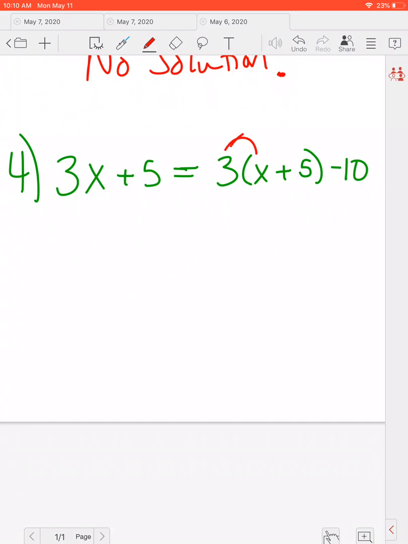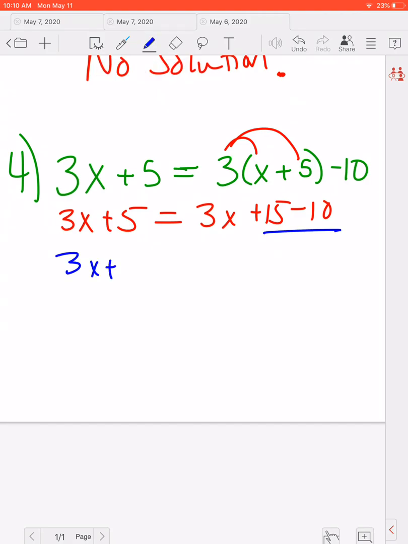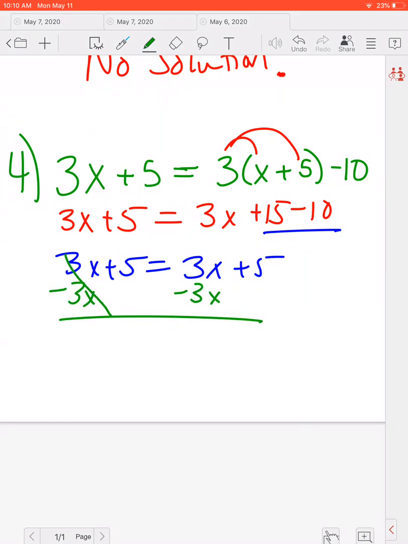This one I have some distributing to do. So we have 3x plus 5 because nothing changed over here. 3 times x is 3x. 3 times 5 is 15 minus 10. I'm going to go ahead and combine like terms. So I have 3x plus 5 equals 3x plus 5. Now right here you can kind of tell 3x plus 5 equals 3x plus 5. That's infinitely many solutions. If for some reason you can't tell or you need to keep going, that is absolutely fine. Again, I'm going to get my variables together, so I'm going to subtract 3x. Cancel, cancel. 5 equals 5. 5 will always equal 5, so this means we have infinitely